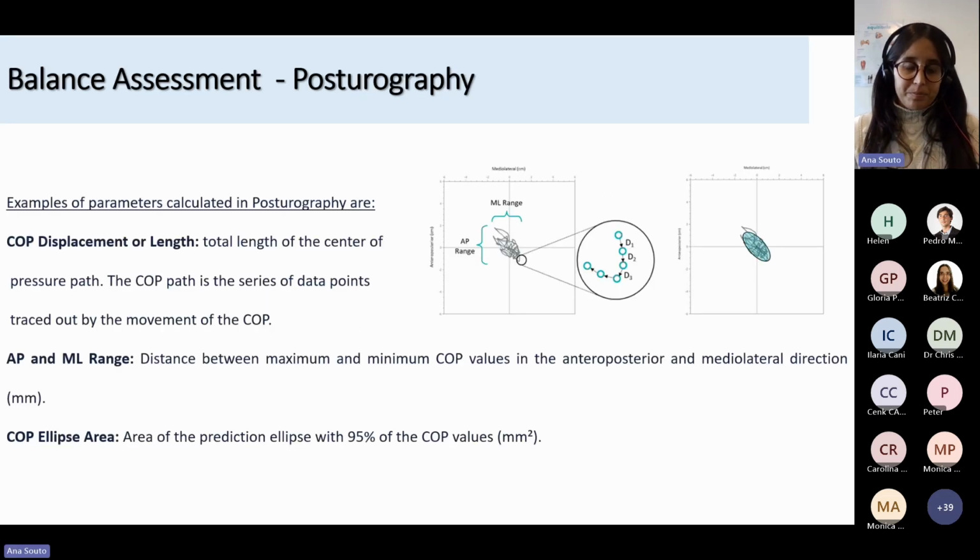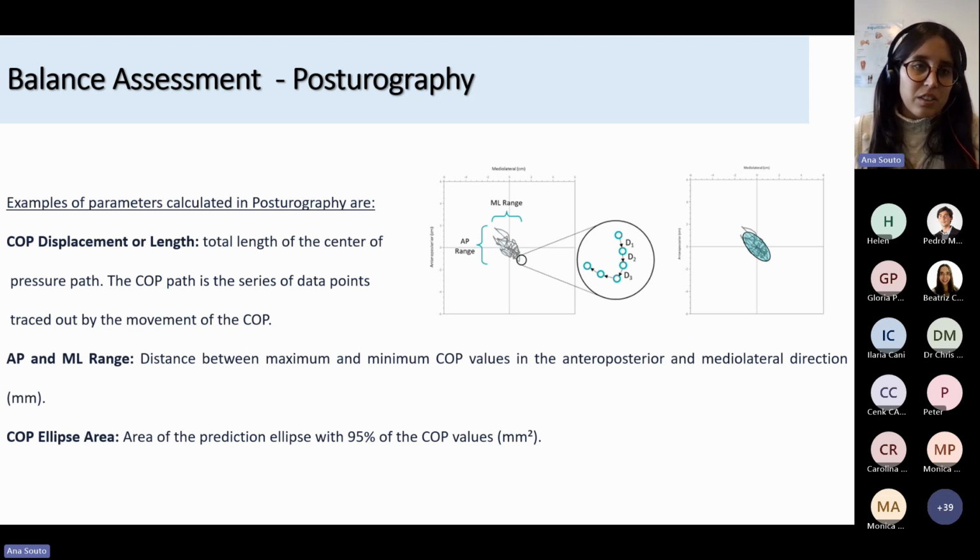Okay, so besides the velocity, we also have a lot of other parameters and metrics that are calculated through the center of pressure displacement. There's really a lot of them. I am just going to show you the ones that have more utility for clinical assessment and are also found in research. So again, the COP displacement or length, which is the total length